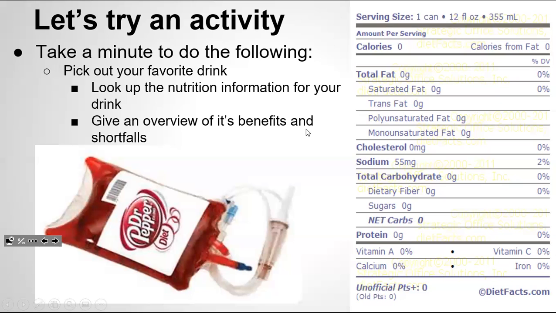If it comes from a synthetic source, so pretty much anything in a bottle, primarily you are going to see water and carbs. Now, yes, if you were to get, say, a protein shake or something like that, obviously that's going to be a little different. But those are also specialty drinks. But for the most part, all your drinks are water and carbs. That's really it. Usually not a whole heck of a lot of cholesterol, usually not much sodium.